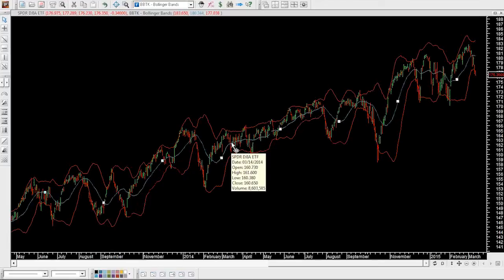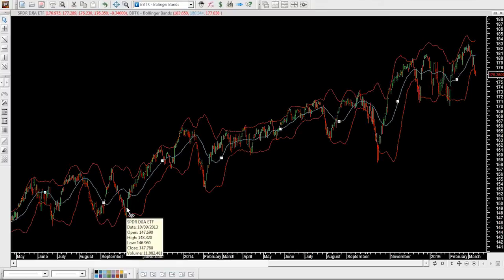But again, with MetaStock, what you get is a very good prospecting tool. In addition to all of the advice and all of the commentary and all the stuff that's in it, you have the ability to run these scans. And that's where I absolutely love MetaStock, because it does such a good job of saving you time. So for example, if I wanted to find something that had penetrated the band and came back in, or something that was in a squeeze, or something that was bulged out, instead of cycling through all the charts one at a time,